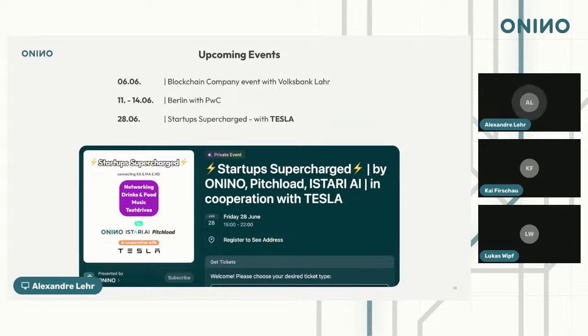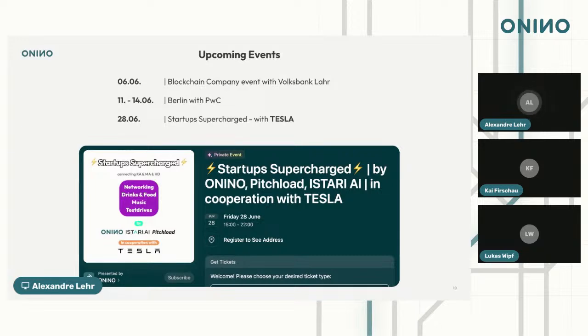And the topic will be blockchain and how those companies can implement blockchain in their companies. And I will be presenting for a slot of 45 minutes. It's going to be in German, so I'm not sure if, on one hand, it's going to be video recorded, and on the other hand, if it makes sense to share it here.